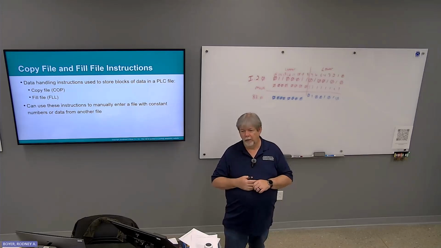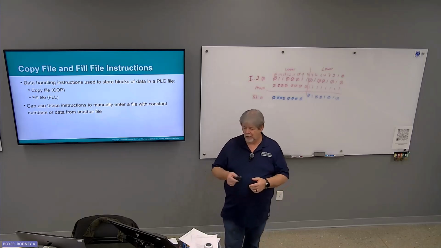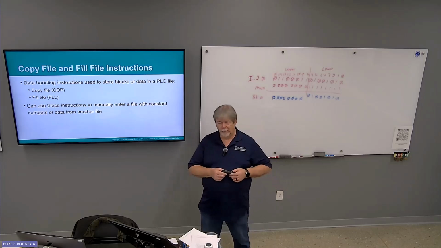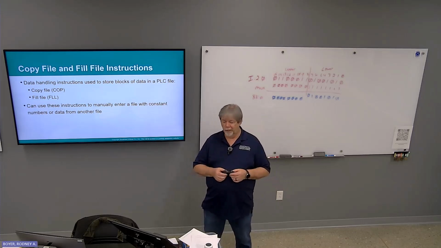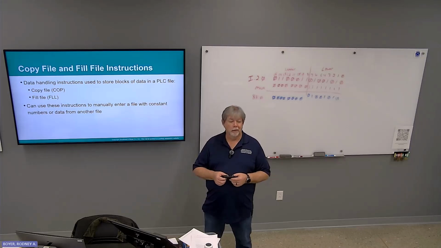Okay. With a move instruction, it's 1 word at a time. And then, like I said earlier, the file fill fills the destination with whatever the input is. Only practical use I've ever found is you want to write all zeros to a file, clear it out,